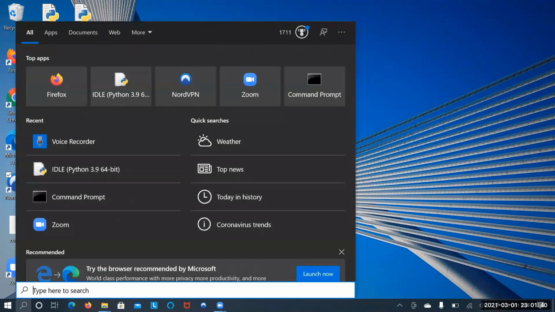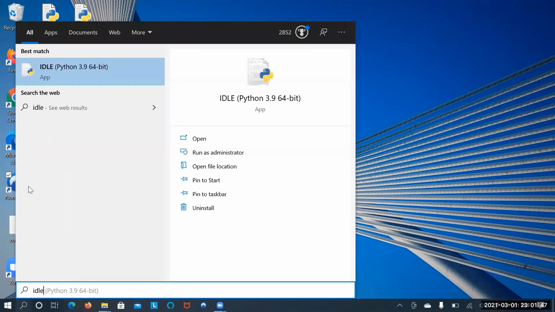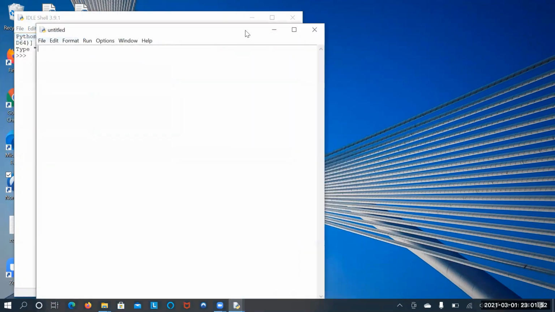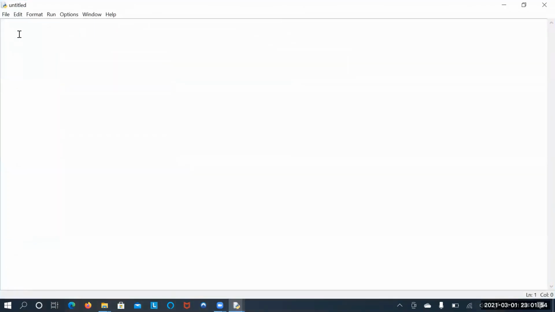Now let me explain an example program on command line arguments. For that, go to Python IDLE and open a new file. Here I am going to show how to print command line arguments. First of all, from the sys module we have to import the variable argv.